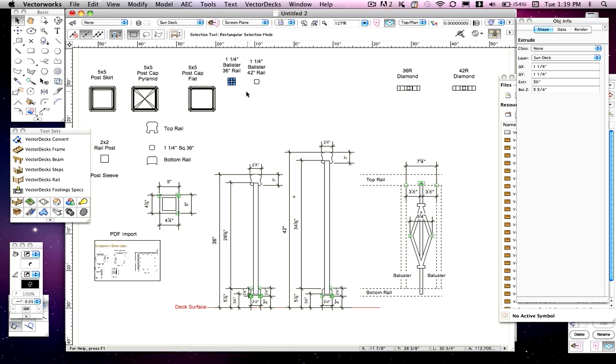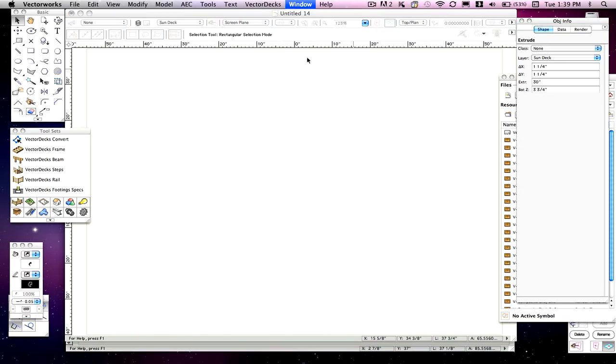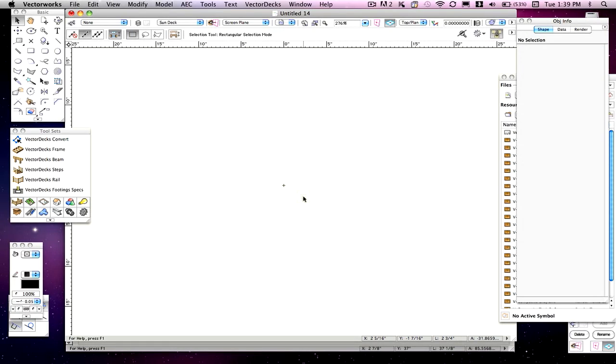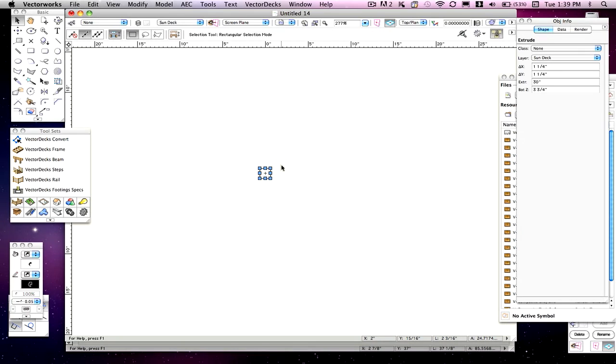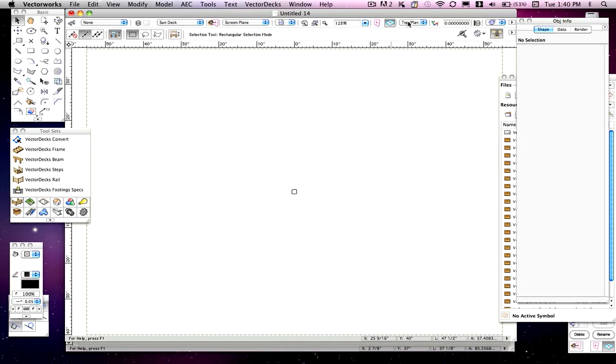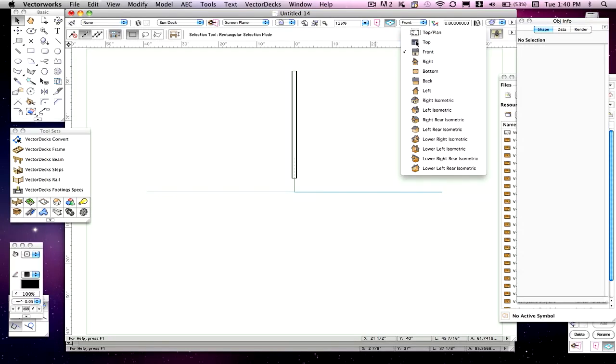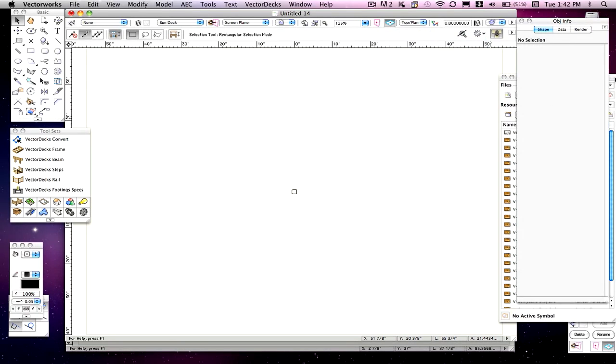Now you need to select the 3-dimensional one, not the 2-dimensional one, and do a copy. Then we're going to go over to that blank document and paste it in here. Now you need to move it again to dead center point. Now we're in a top view of this, so even though it looks like it's 2-dimensional, if I go to a front view, you see it's a 3-dimensional object. Now we're ready to go ahead and insert this